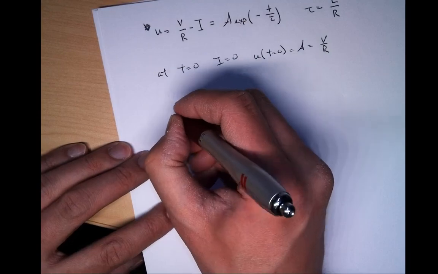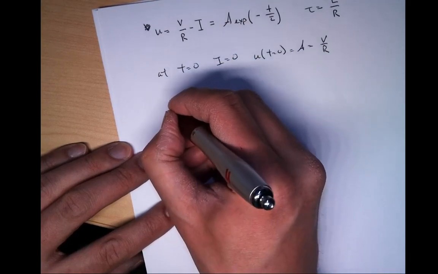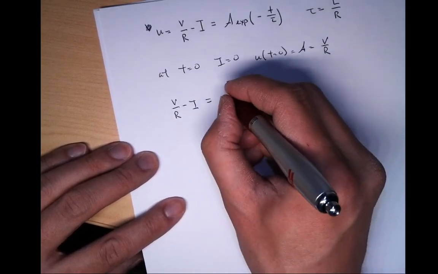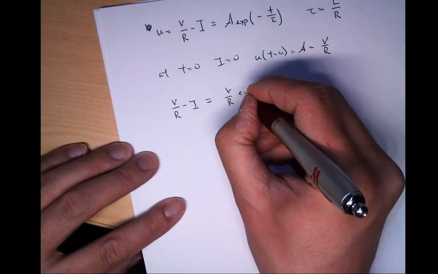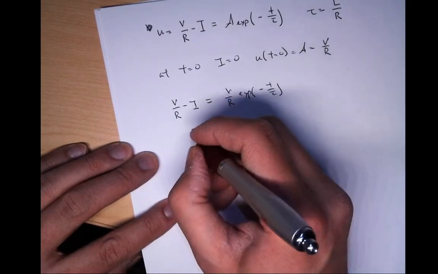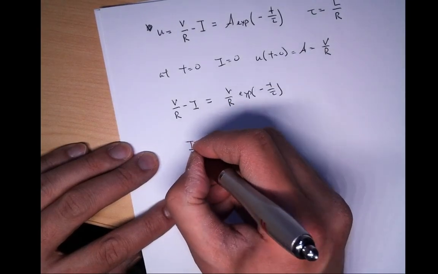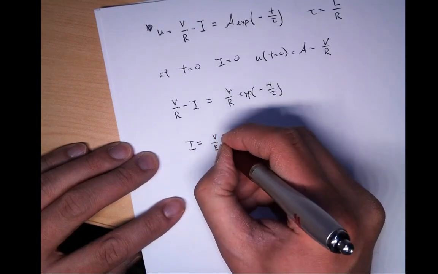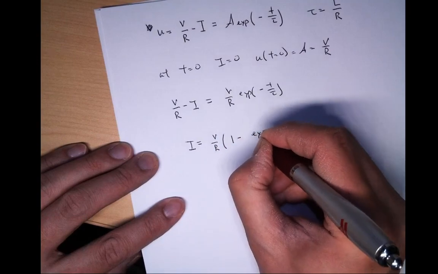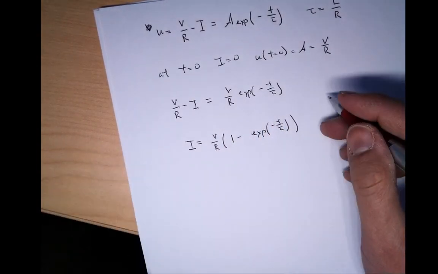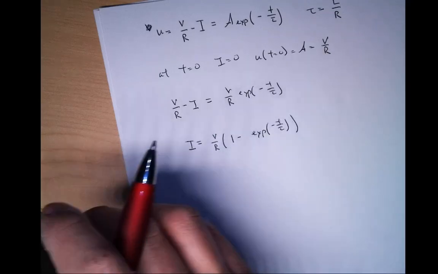Okay, and so what we have is V over R minus I is equal to V over R exponent minus T over tau, or in other words, basically I, which is what we're solving for, is equal to V over R times 1 minus exponent minus T over tau. Okay, all right, so